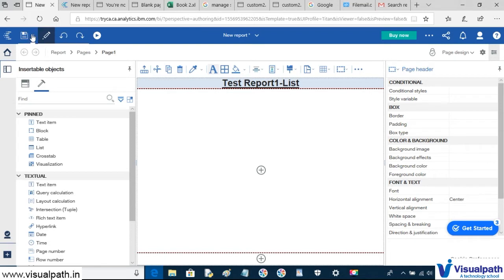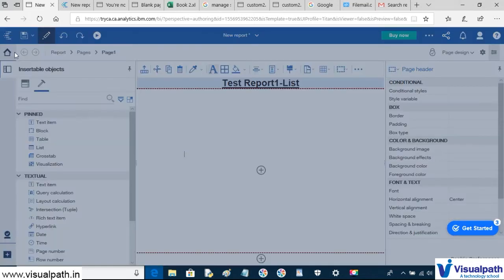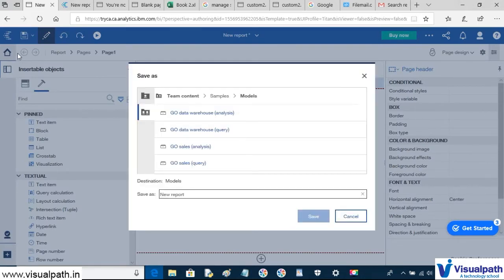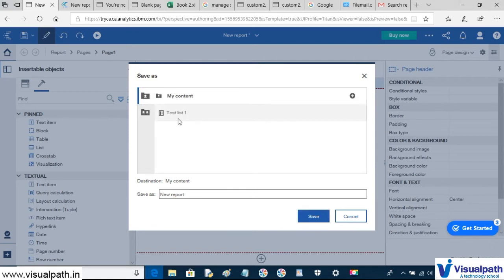Now save this report. As of now we can save it in the public folder or my folder. I am saving this report in my folder. So let's create a new folder. Name this folder as, say, list assignment video 4.